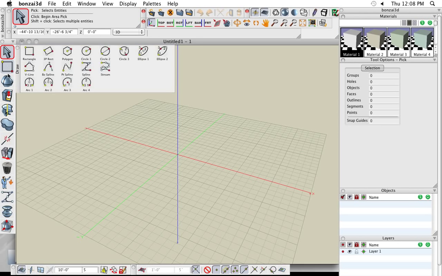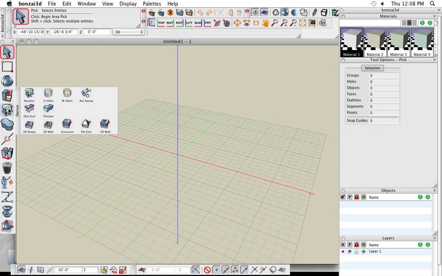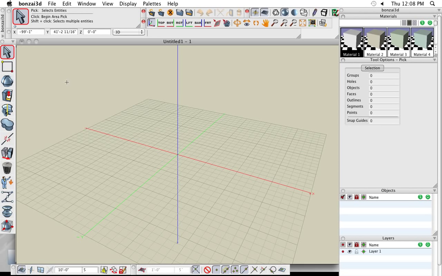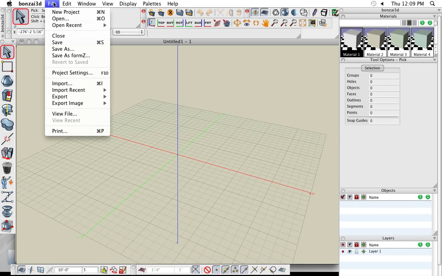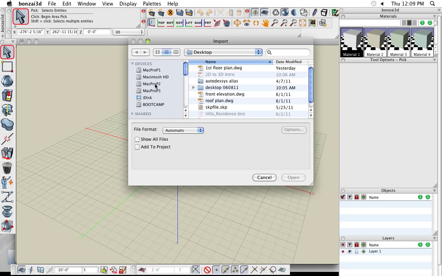bonzai3d's strength is the 3D modeling aspect, so we can dive right into 3D modeling right now and build our own design. But in this webinar, we're going to do something a little bit different. We're going to import some 2D drawings first. You don't have to import drawings, but that's the focus of this presentation today. So we'll do that by using the File pull down, the import option. So File Import,